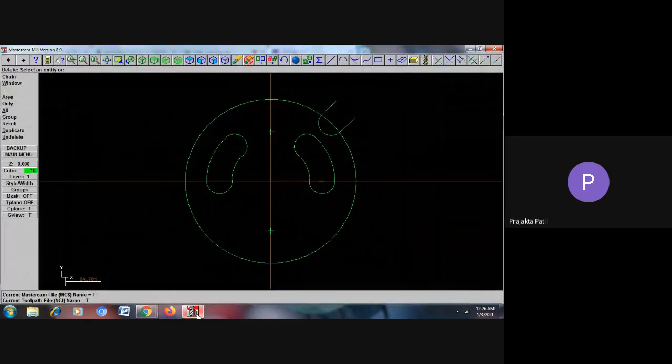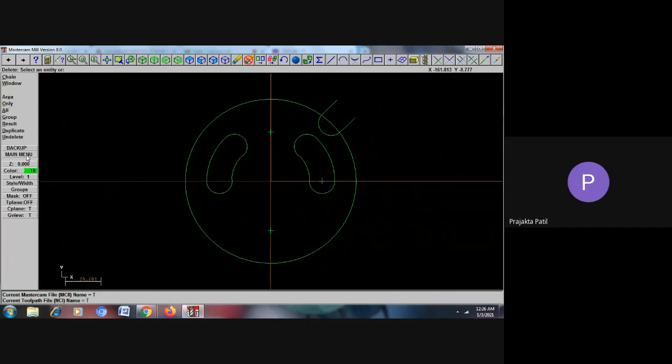You have other options that you can use in order to get the replicas of this. So what we can do is go to main menu and then go to Xform. In Xform you have an option of rotate. Choose this option, rotate, and select what you want to rotate. So I want to rotate this U. White color indicates that you have selected that region. Having done this, you choose the option done.